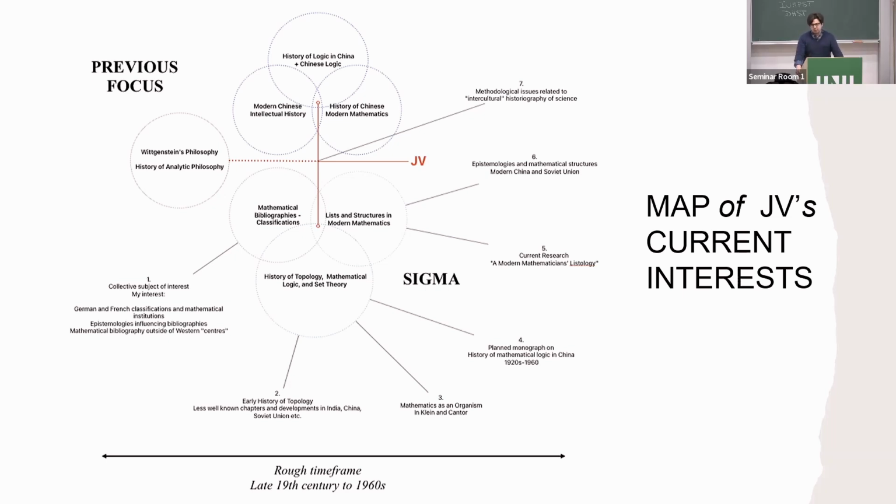And because I come also from a sinological background, I'm also very much interested in methodological issues which connect these two different aspects of my academic life together. The methodological issues I'm interested in are actually a collection of questions which pertain to historiography of Chinese mathematics and how to deal with Chinese mathematics in the framework of modern classifications, etc.